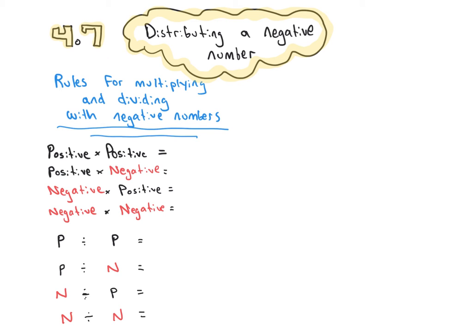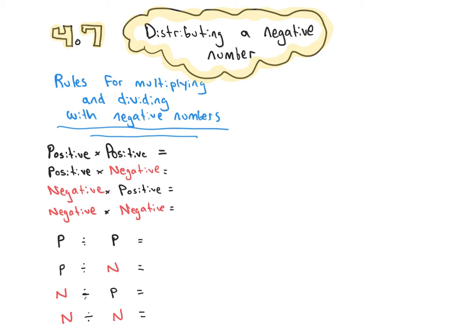All right, I'm trying something new. I'm going to do a little mini lesson. So this lesson is for 4.7, distributing with a negative number. And I wanted to get us started by just reviewing our rules of multiplication and division when we are working